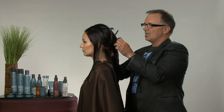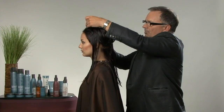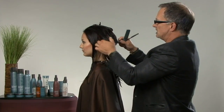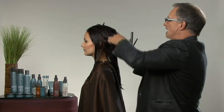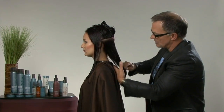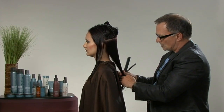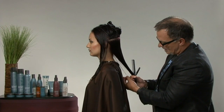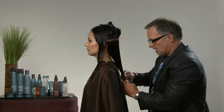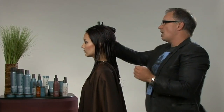I'm going to move now to the top of the ear, pulling my section up, and the width of your section really can depend on how thick of hair that you're working with. And let's comb this all back really nice and smooth, and I've turned the comb now with the fine teeth. So let's comb this down, and I'm going to find my guide underneath. There's my guide, and just where my guide falls out, take the surface razor and I bevel this under. As I move to the top,